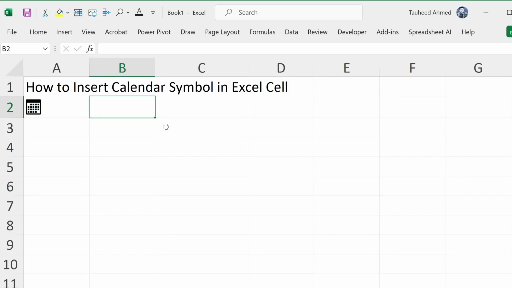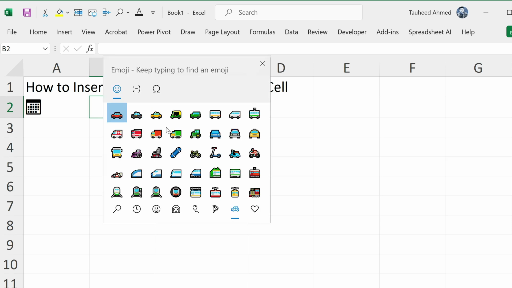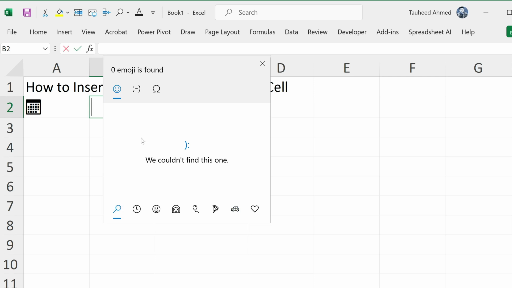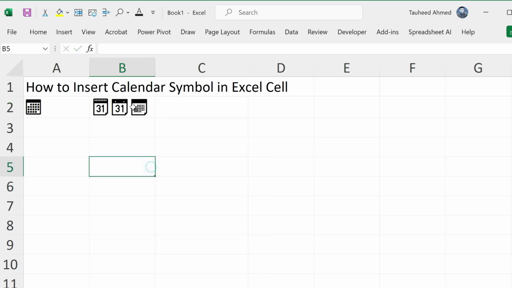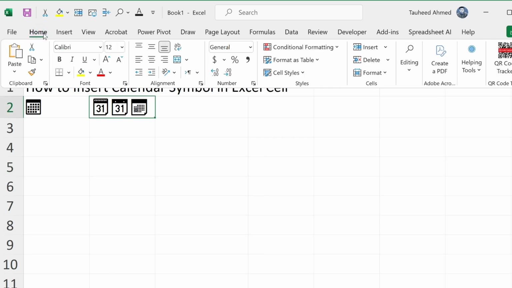There is another method. You need to press the Windows key and semicolon key together. Click on the search icon and type calendar, and here you can see different calendar symbols. You can select any of them and close it. If you want to make it red, then go to the Home tab,